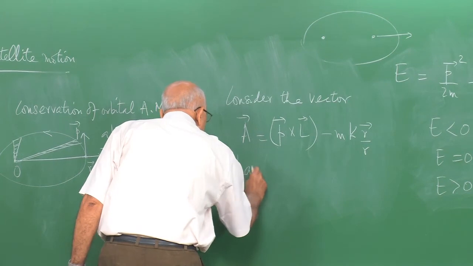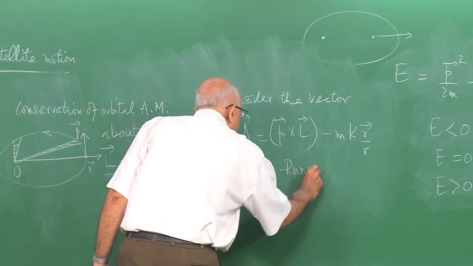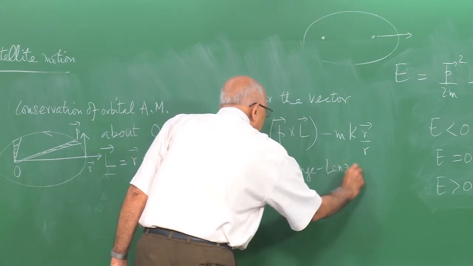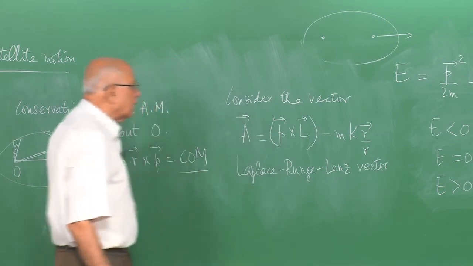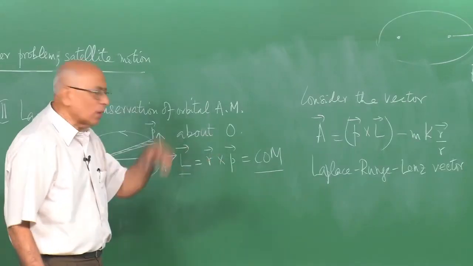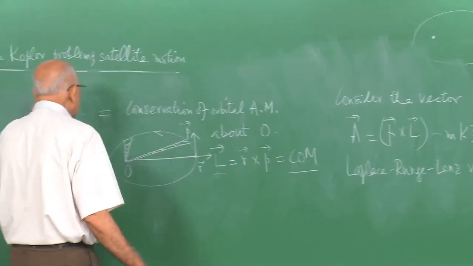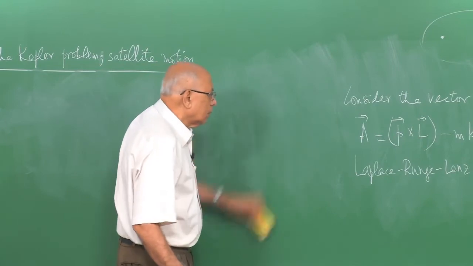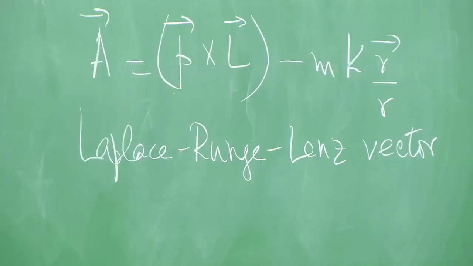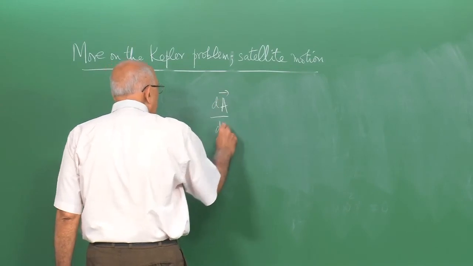It's called the Laplace-Runge-Lenz vector, and the claim is it too is a constant of the motion. It too remains unchanged as the particle moves in its orbit. I am going to give this as an assignment to you, but you can see how this is going to work, because what we need to do, and let me go through a couple of steps, is take d over dt